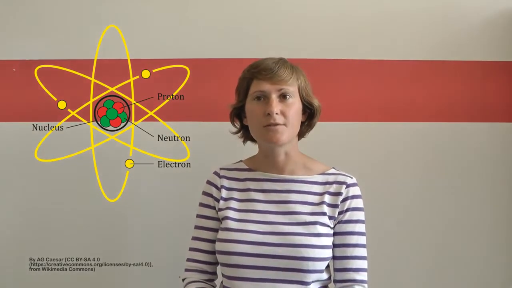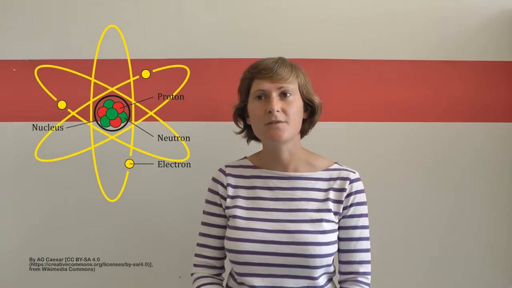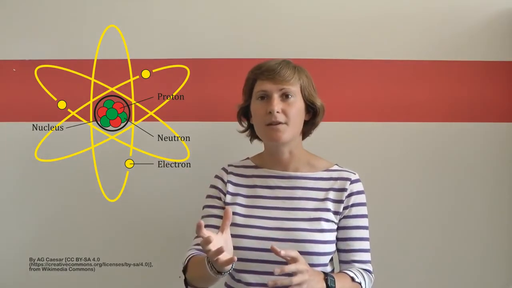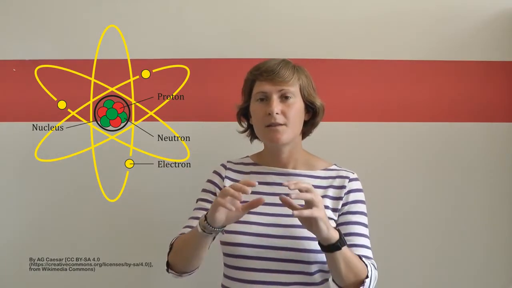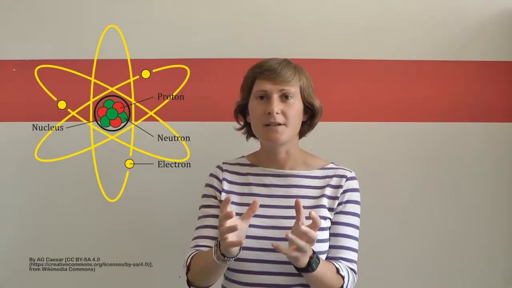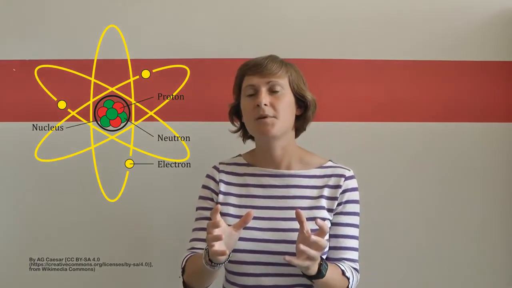Everything is built from atoms. So atoms are the smallest constituent part of molecules. Atoms are made up of a few different components. So there's the nucleus, which is in the middle, containing the protons and neutrons, and electrons, which are basically in orbit around the nucleus. The size of atoms is absolutely tiny, so atoms are really the smallest component part of